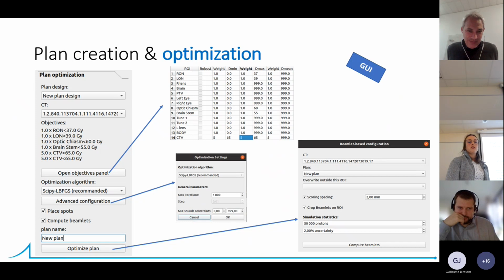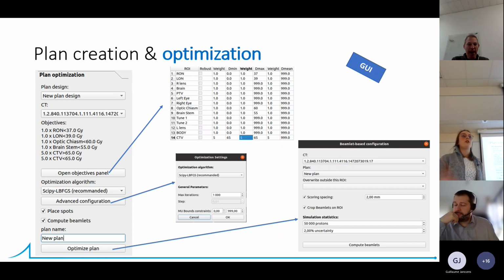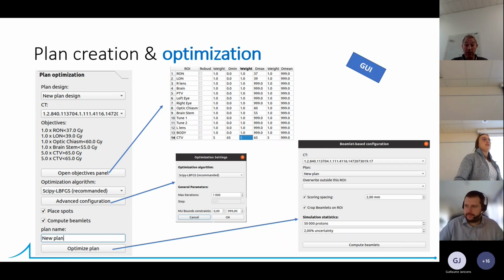There is also a button, advanced configuration. This is where you can set the maximum number of iterations. Also, you can set bound constraints on the spot MU, if you know that your machine cannot go above 5 MU or something like this. And so then you click OK. You select compute beamlets because this is the first time you create a plan, so you need to do all of these steps. And then you can